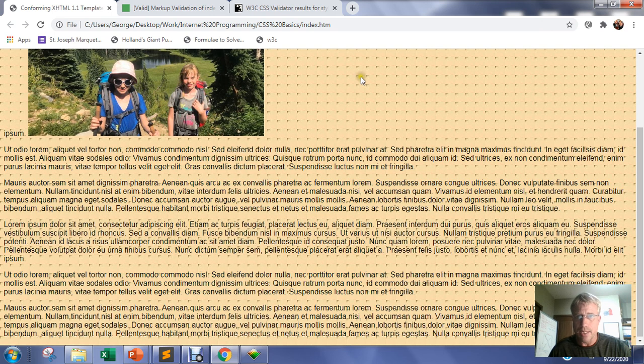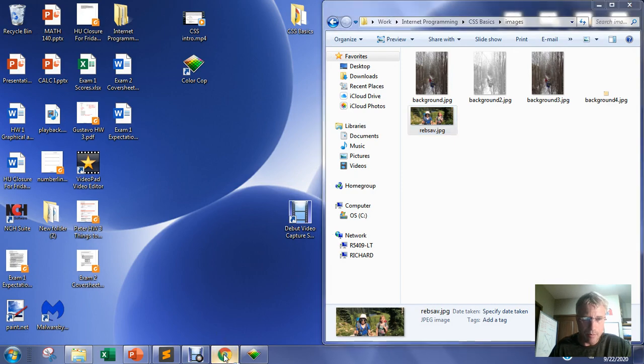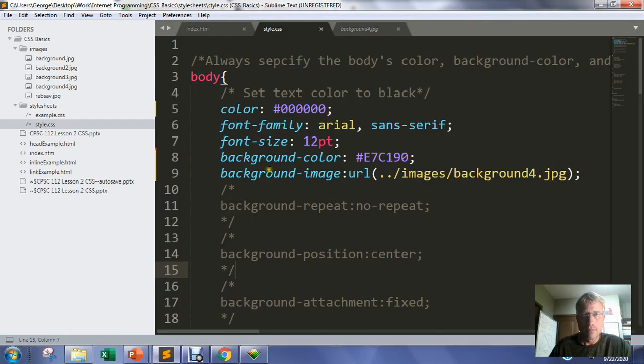What it's going to do is take that little image and tile it. So the default behavior is for an image to tile to fill the background if you have it set as the background. You can stop the tiling behavior by going background-repeat,